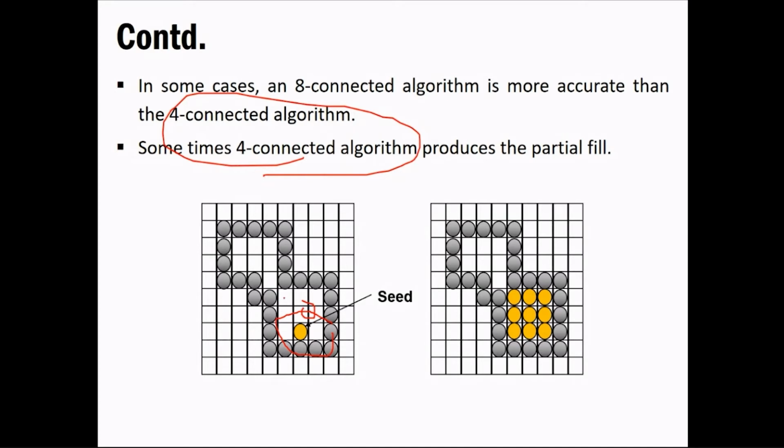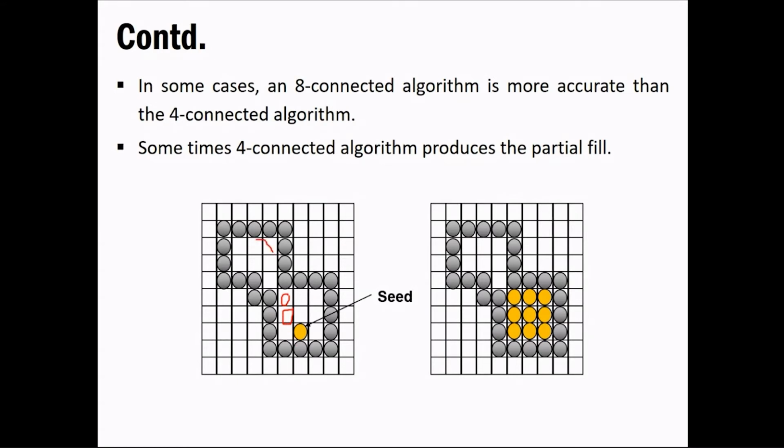Now once it comes over here, consider this example. Once it reaches over here, that is, your pixel position is this, all it will do is again apply the same concept, that is the 4 connected algorithm, and it will check the information of the left, right, and top, bottom pixels. Based on that, it will make a decision that okay, this is our boundary. So okay, this is our boundary, that is fine, but these are the pixels that need to be painted. So it will paint this particular thing at this point. Okay, but now it will completely finish or paint this, or it will fill all of these pixels.